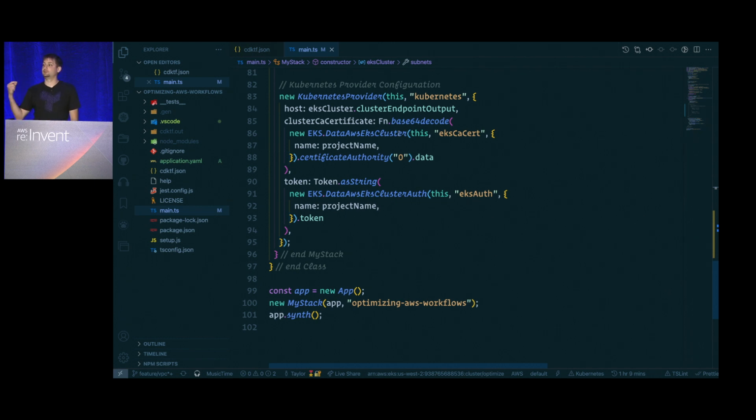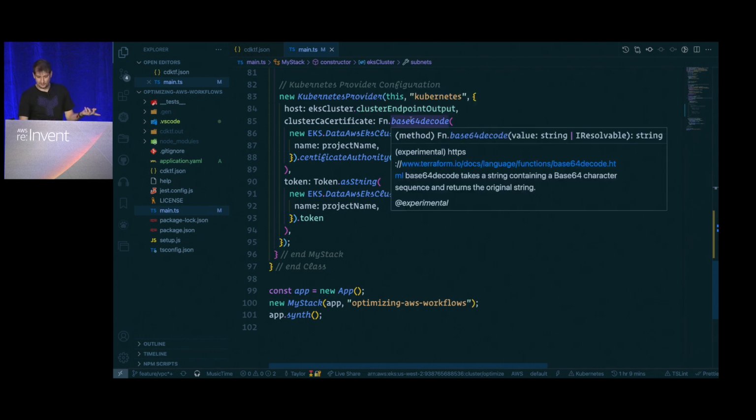And this is where a lot of those new CDK for Terraform constructs come into play. We want to reference that EKS cluster, which we also had a constant for. We get that endpoint there. And then this is what was really interesting to kind of discover as I was working through this code. I've got an HCL representation of a similar stack. And so taking that, transforming that for the CDK for Terraform and TypeScript, this was one of the hurdles that I faced was, what function do I use where and when?